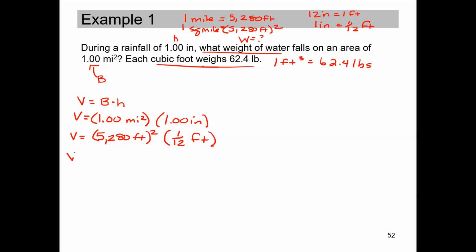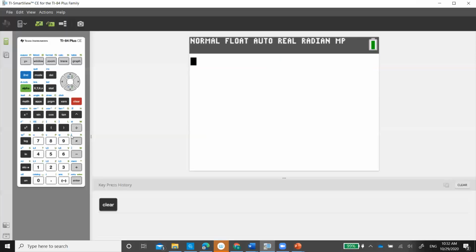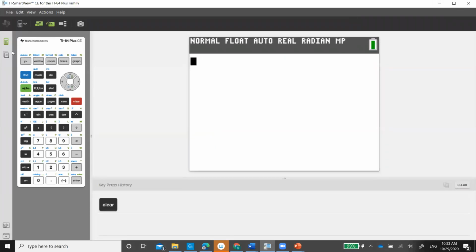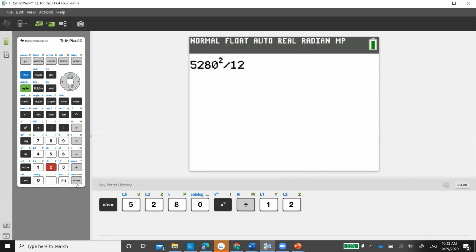All right, so when I square 5,280, let's get my calculator. Can you see my calculator? Sticking on my whole screen, if you can see it. So 5,280, I'm going to square it, and then I'm going to multiply it by 1/12. So I can divide by 12 is the same thing. So you can either multiply by 1/12 or divide. I get this number here,